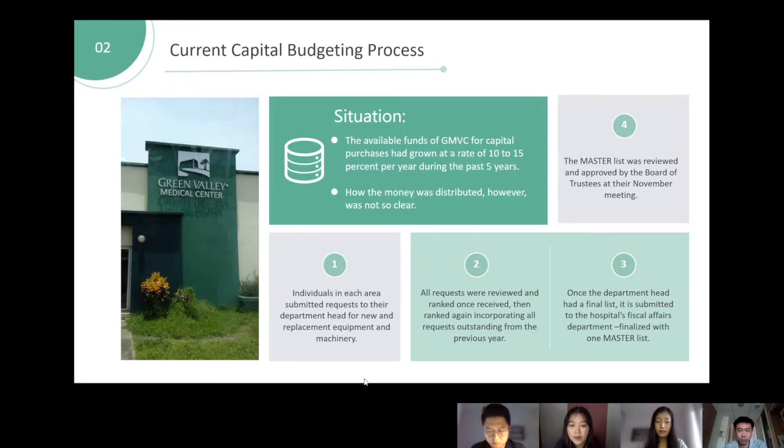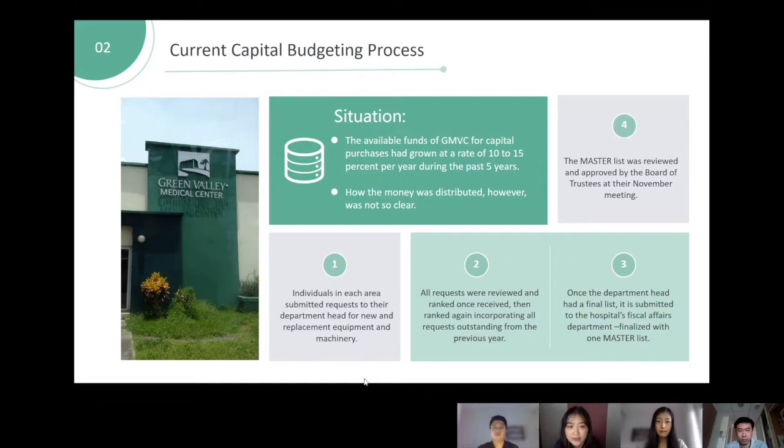The third step, once the final list is done, it is submitted to the hospital's Fiscal Affairs Department. Then the list is consolidated along with all the requests from the different departments to form the final master list. The last step is that the master list will be reviewed and approved by the Board of Trustees at their November meeting. So here is a short introduction of the 4 steps in the current